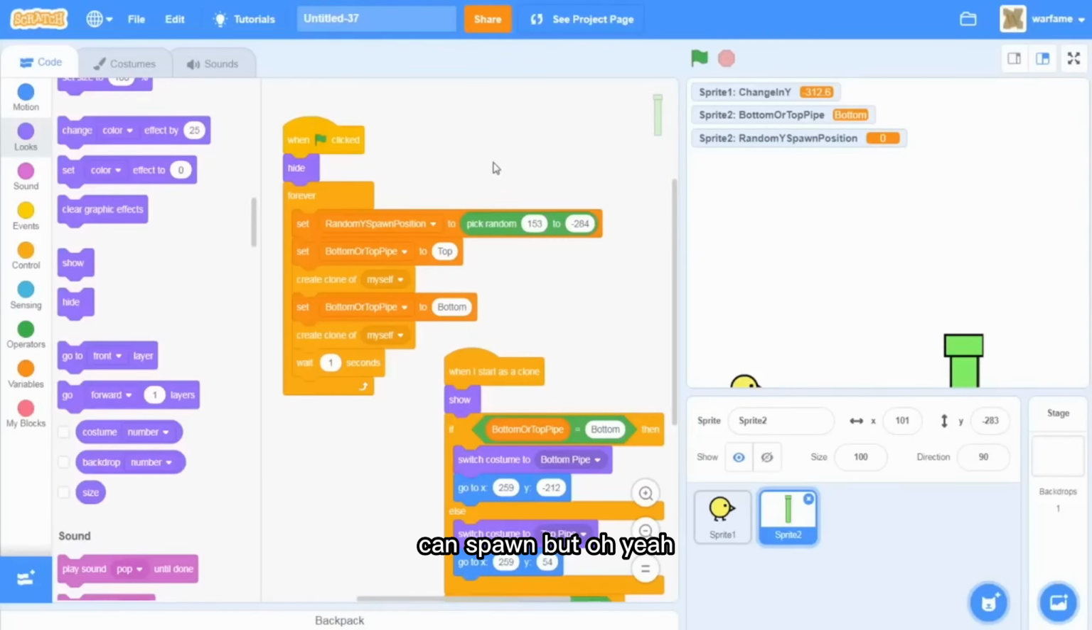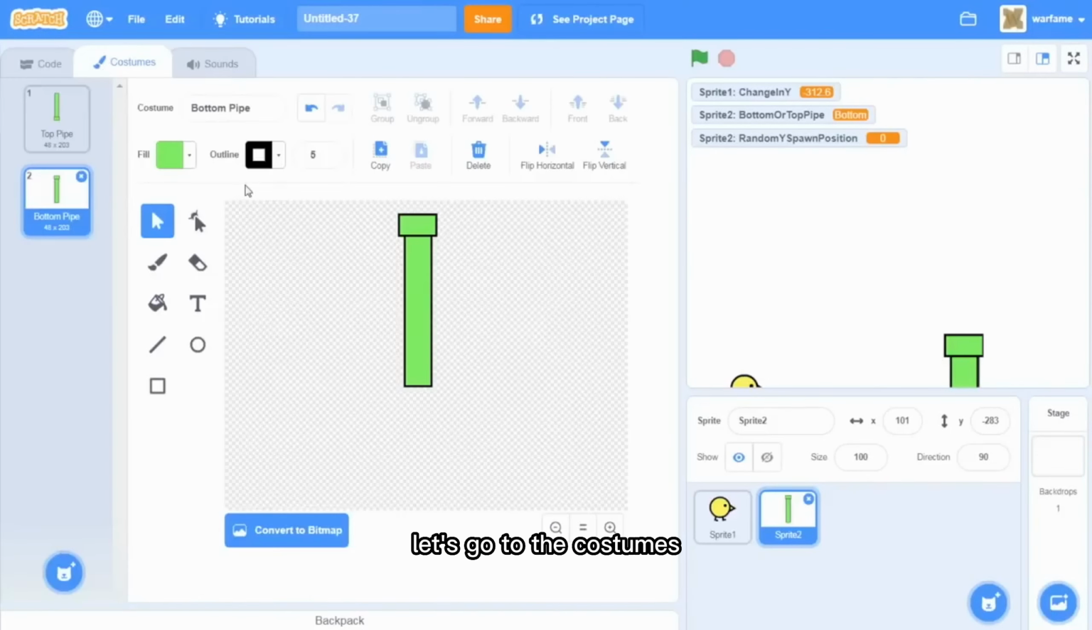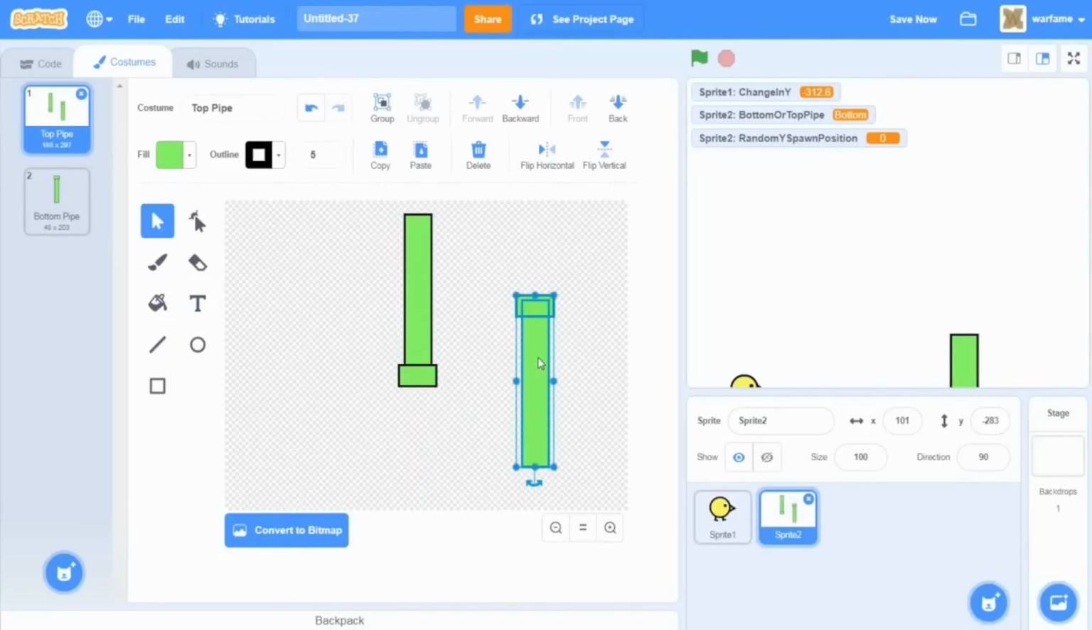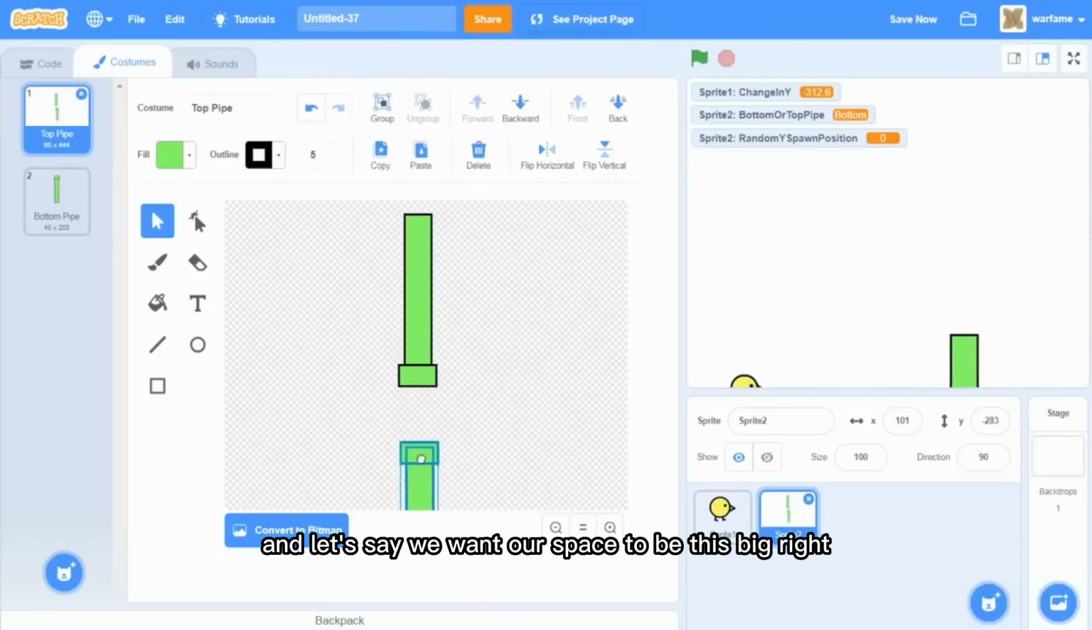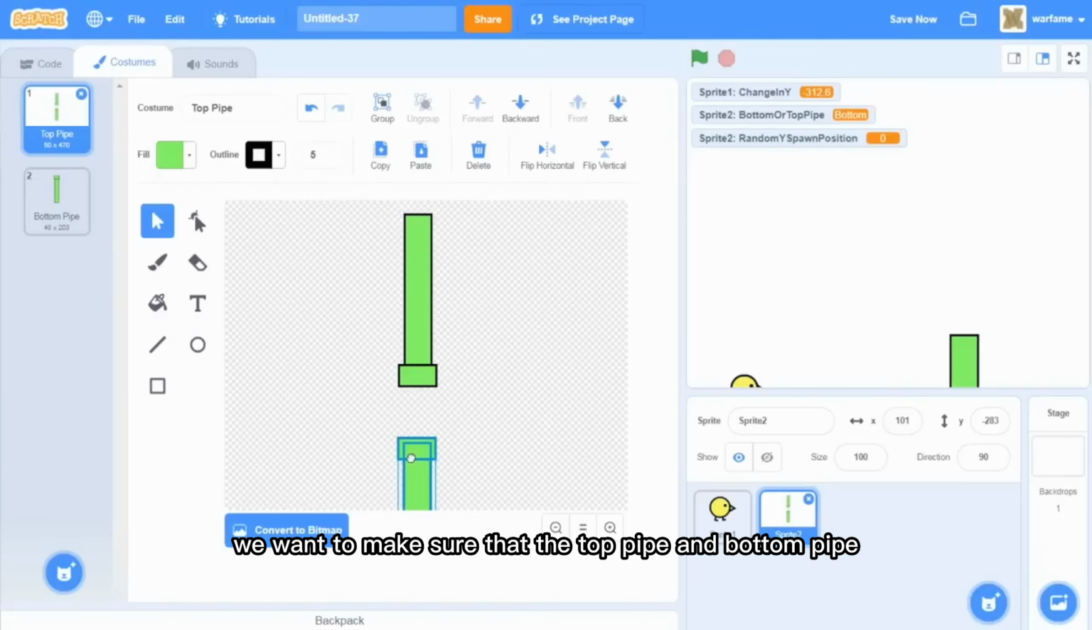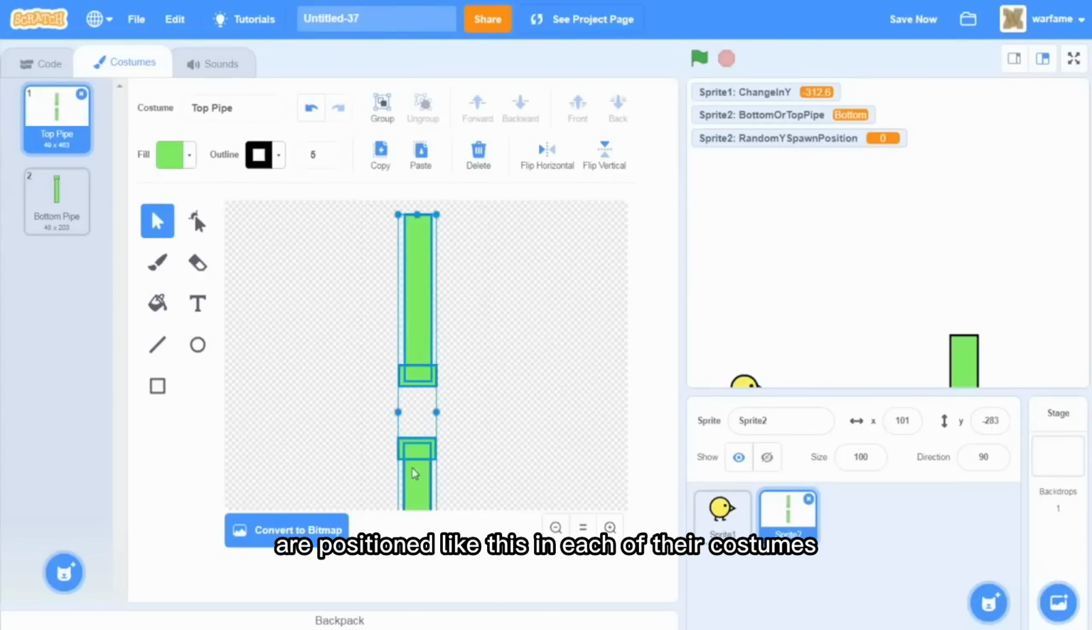But, oh yeah, one important thing. I think to make this easier, let's go to the costumes and make sure that the pipes are actually positioned where we want them. So, let's copy this bottom pipe and put it into the top pipe for now. And let's say we want our space to be this big, right? Then we want to make sure that the top pipe and bottom pipe are positioned like this in each of